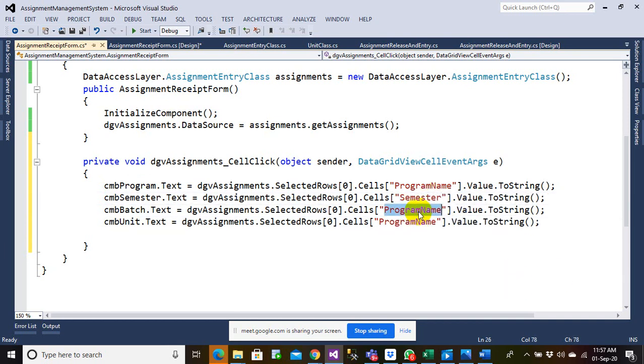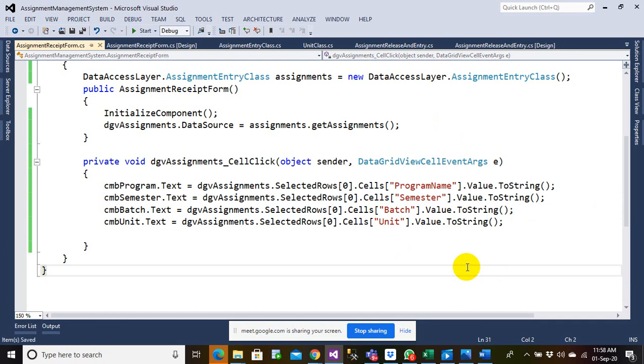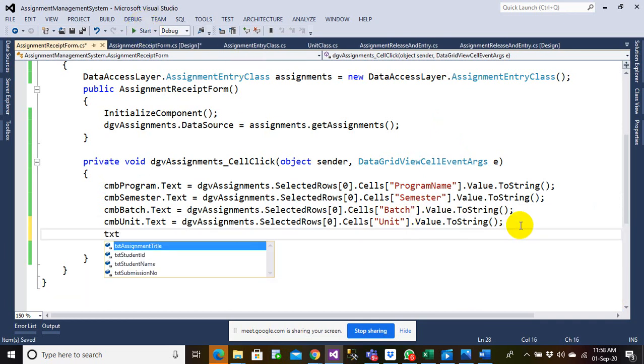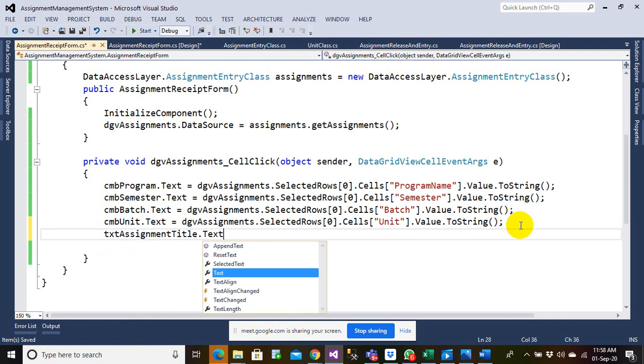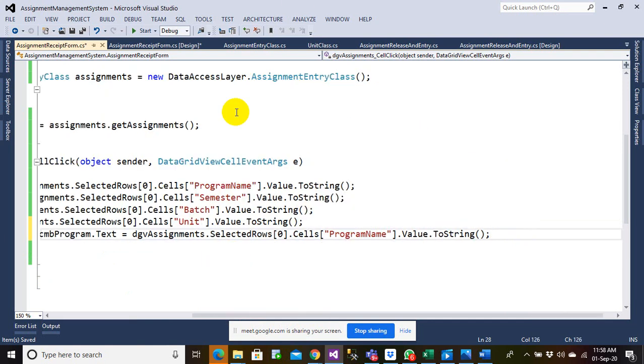Semester, batch and unit. Let's see what it's an exercise to assignment title.